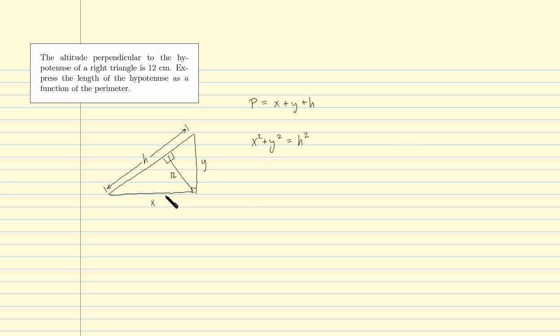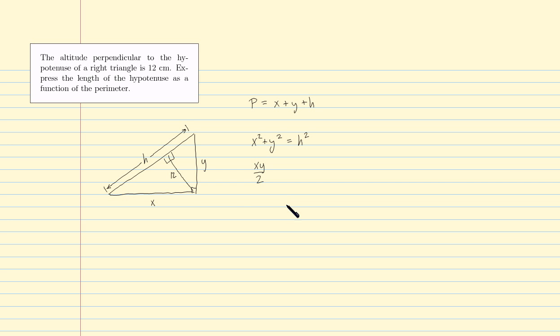Well, what about area? We know that if I multiply the height of this triangle, which is y, by its length and divide by 2, that's its area. So xy over 2. How does that help, though? Because we really want to ultimately get a relationship between p and h. And right now I have two equations involving p and h and x and y. So I need some more equations, some more relationships to put together with this so that I can eliminate that